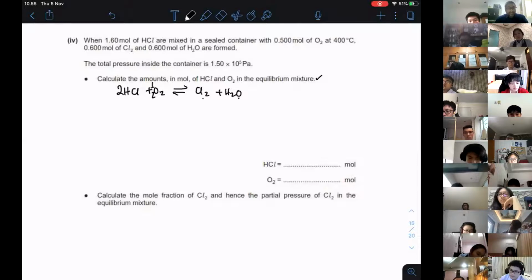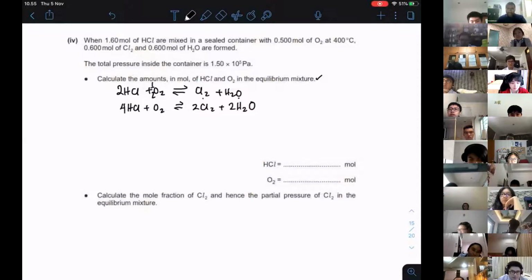It's all balanced now. But if you want to times everything by 2, go ahead: 4HCl plus O2 gives 2Cl2 plus 2H2O. That's going to be the equation. So what is the first thing that we need to do? You need to actually do this ICE,